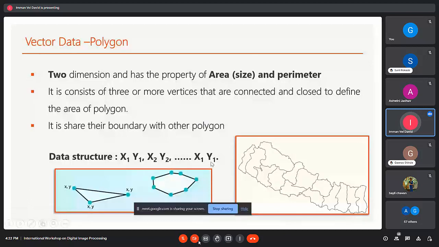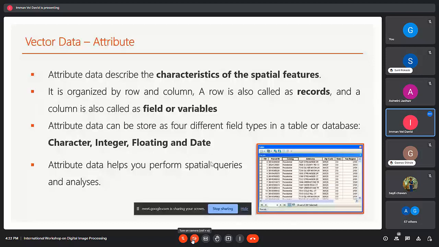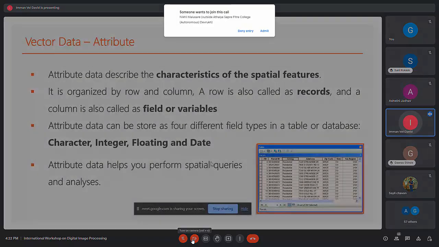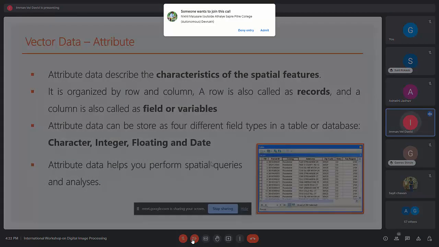Then, an important characteristic is that the data, whether point, line, or polygon, carries attribute data describing it. It is organized by rows and columns. The rows are also called records, the records of each and every single spatial feature.